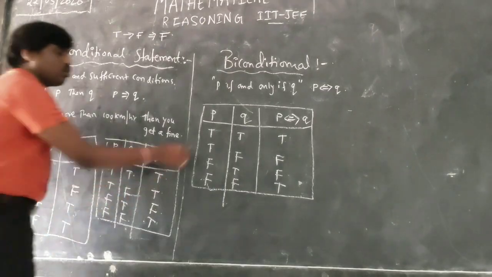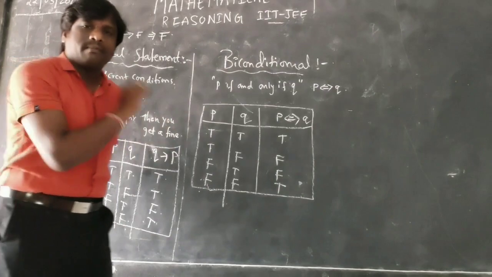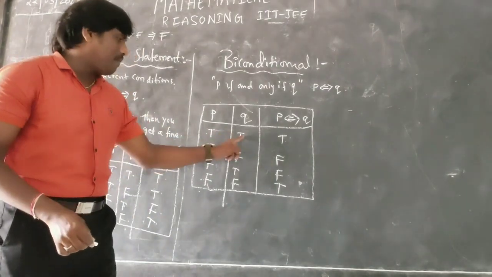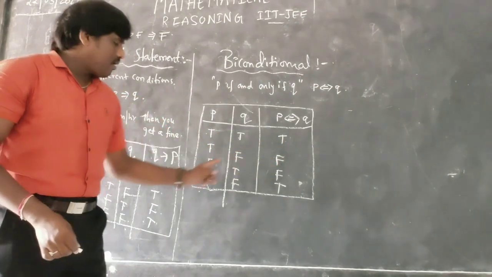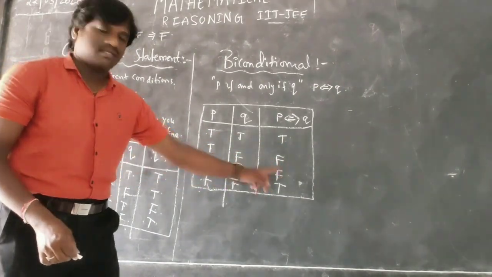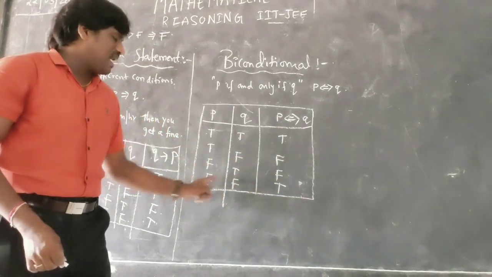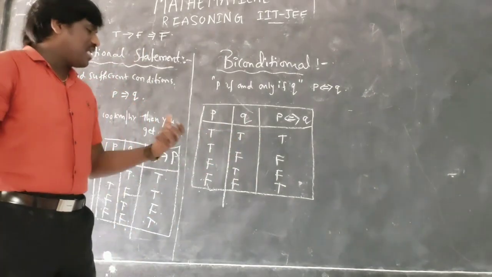It says two conditions, while here it says only one condition. It is easy to remember like signs: plus into plus is plus, plus into minus is minus, minus into plus is minus, and minus into minus is plus. If you have minus into minus, you get plus. Plus into plus, you get plus. That is what it is saying.